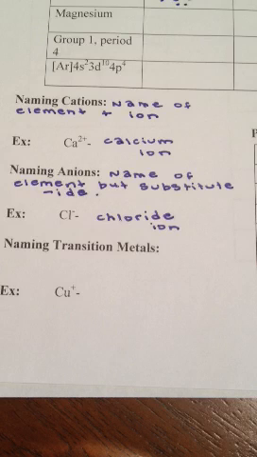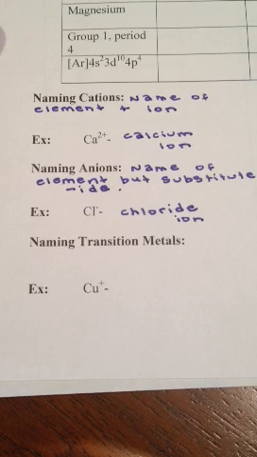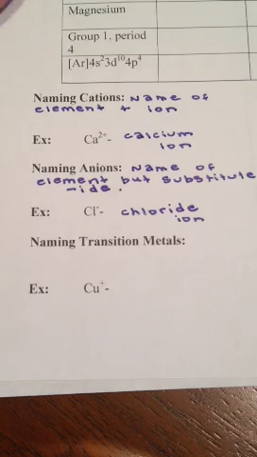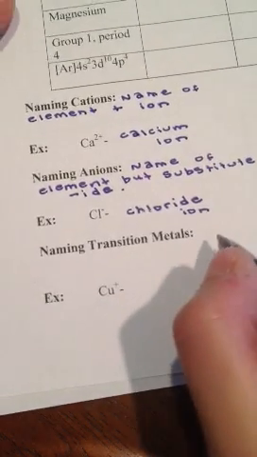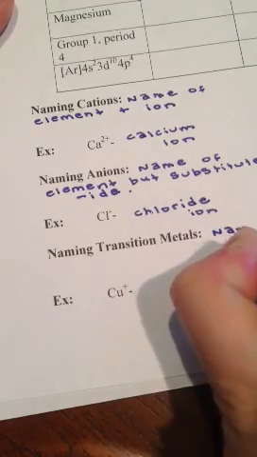With transition metals, we had said in general your charge is going to be a +2 or a +1. However, most transition metals don't just have one charge, and we'll talk about it a little bit later in more detail, but they can have 2 or more charges. So they can be +2 or they can be +1. So in order to determine what charge we're talking about, what we do is we put the name of the cation, so the name of the element,